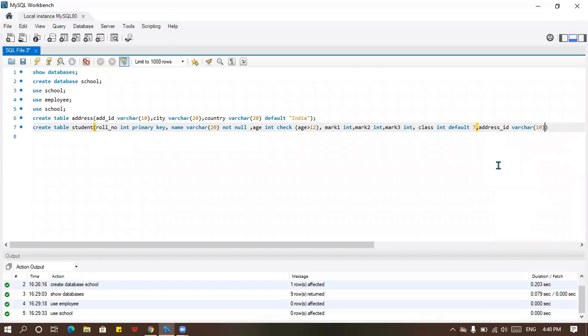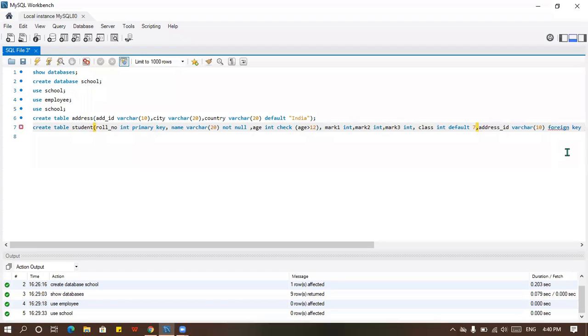What should happen is the address ID in the address table. Okay, if I'm having the address ID A001, now in my student table, if I'm going to add some address ID, it should be present in my address table. If it is not present in the address table, it will not accept the address ID in my student table. Okay, for that,